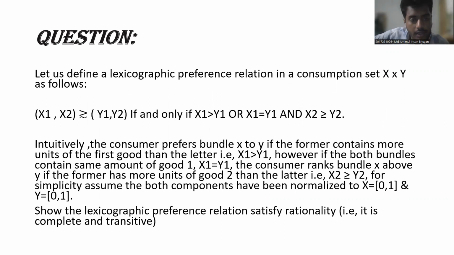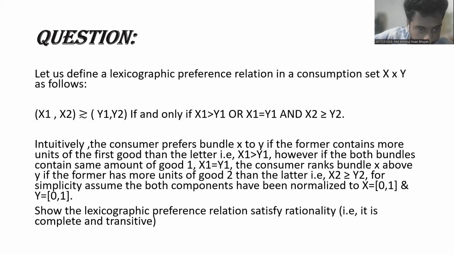I'm in group 4, and this question is in group 4, number 4. So here, if we read the question, let us define a lexicographic preference relation in a consumption set X and Y as follows. Here, (x1, x2) is greater than (y1, y2), and (x1, x2) is indifferent to (y1, y2) if and only if x1 greater than y1 or x1 is equal to y1 and x2 greater than or equal to